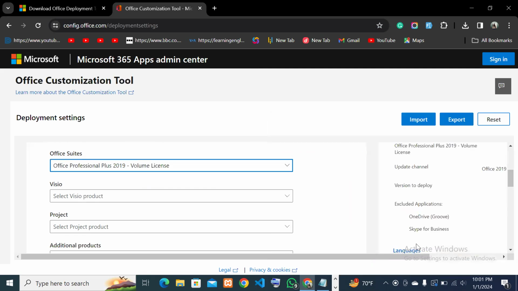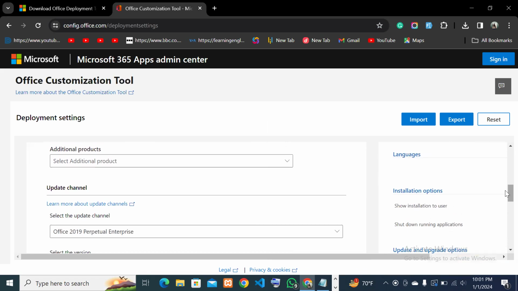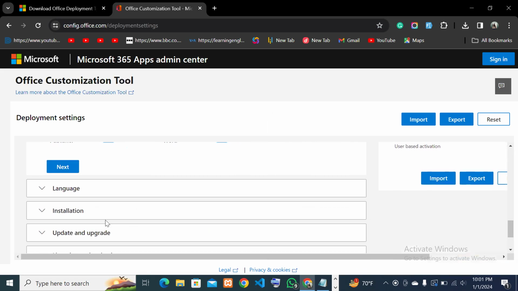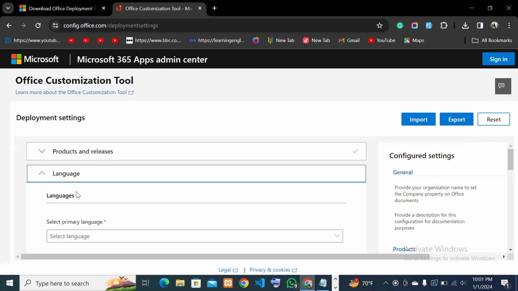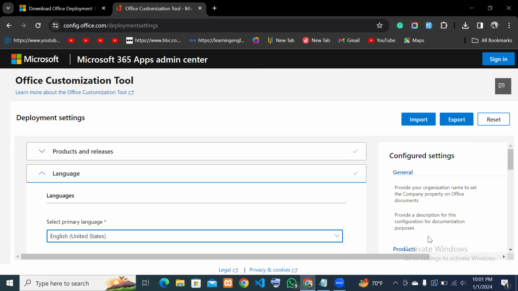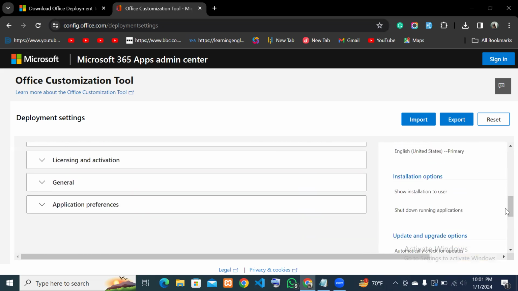Okay, this is Professional, so you have to select it, and no need to apply anything else because those are not important things. Then you just have to select the language, whichever language you want to use. I am using English, United States. Okay, no, and just check next if you want to add something. If you don't want to change anything, then just export